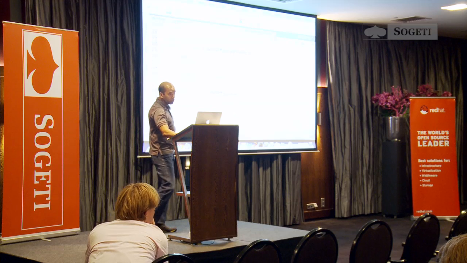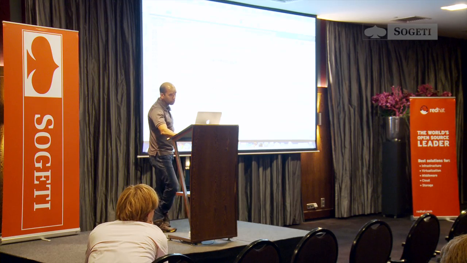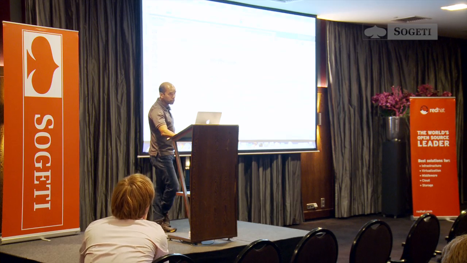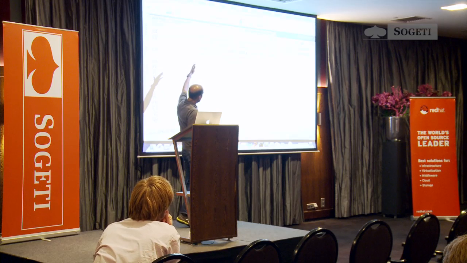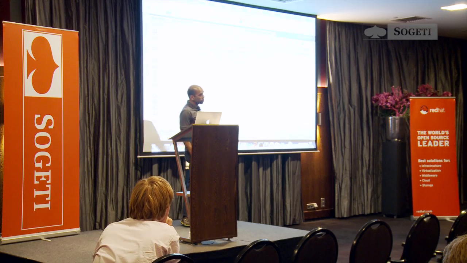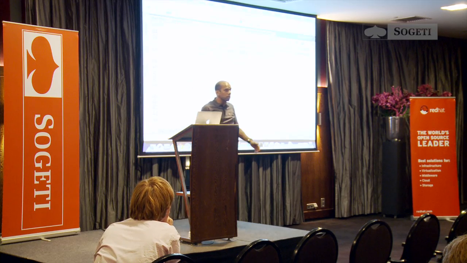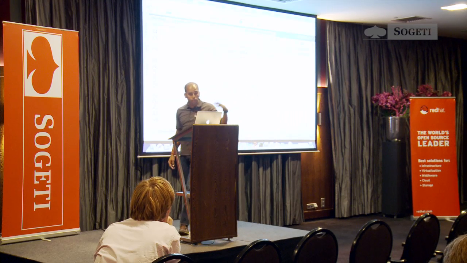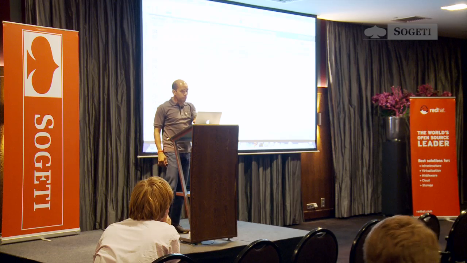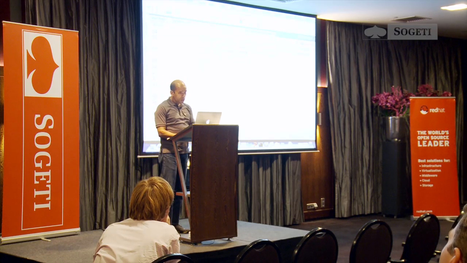So this is how I do it in JMS 1.1. I look up a resource. I look up a connection factory, look up a destination, do lots of boilerplate code. Connection, session, message producer, text. I only want to do this message producer.send. That's my intent. Then it is a lot more boilerplate code, catch a checked exception, close the connection, which again throws a checked exception. Most of the time when you're catching a checked exception, you say, nah, I don't care, just push it up, not my problem. So you just propagate the exception, or you just do this silly printStackTrace which does nothing.